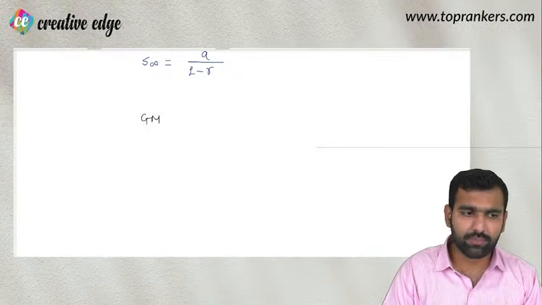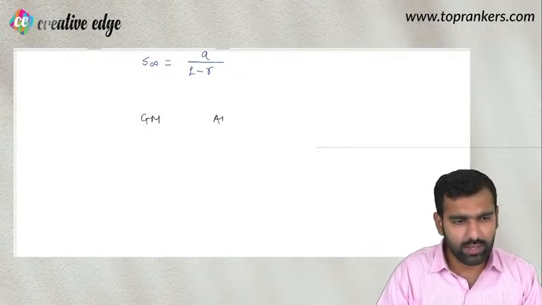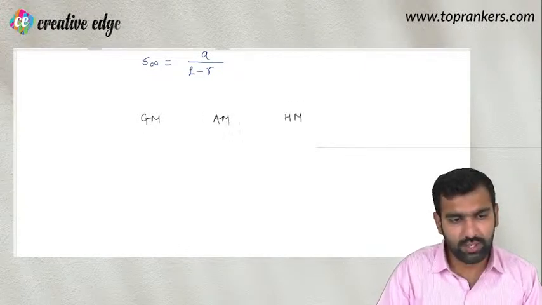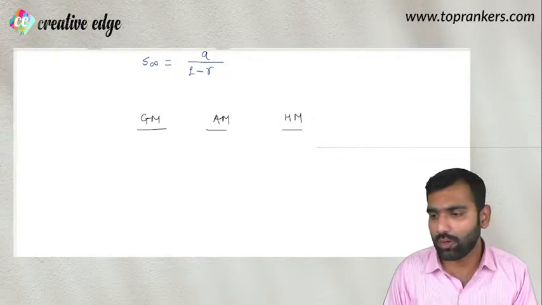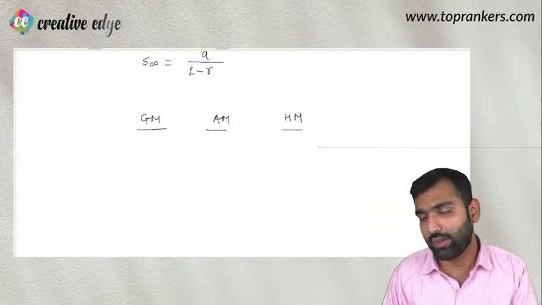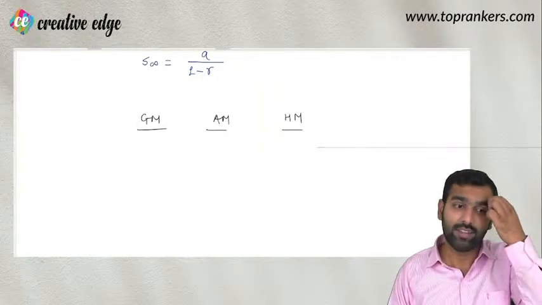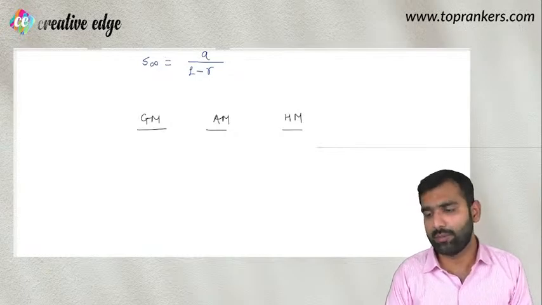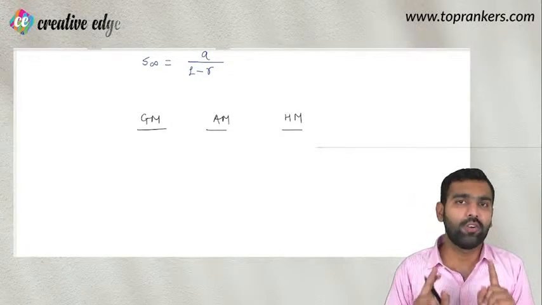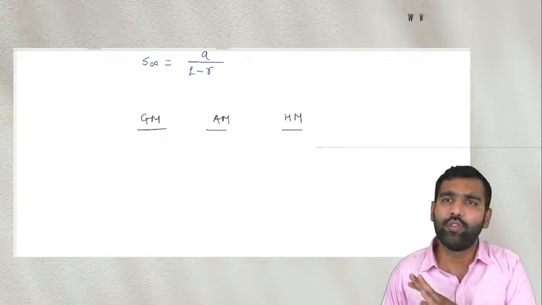mean, geometric mean, arithmetic mean और harmonic mean में हमेशा एक relation होता है. That relation I hope you will find in your book. So this particular relation I am not revealing here, and I am giving it to you as an assignment, and you figure it out by yourself. Why am I giving you this as an assignment? Because when you do that by yourself, you will realize that this is such a formula which is very frequently